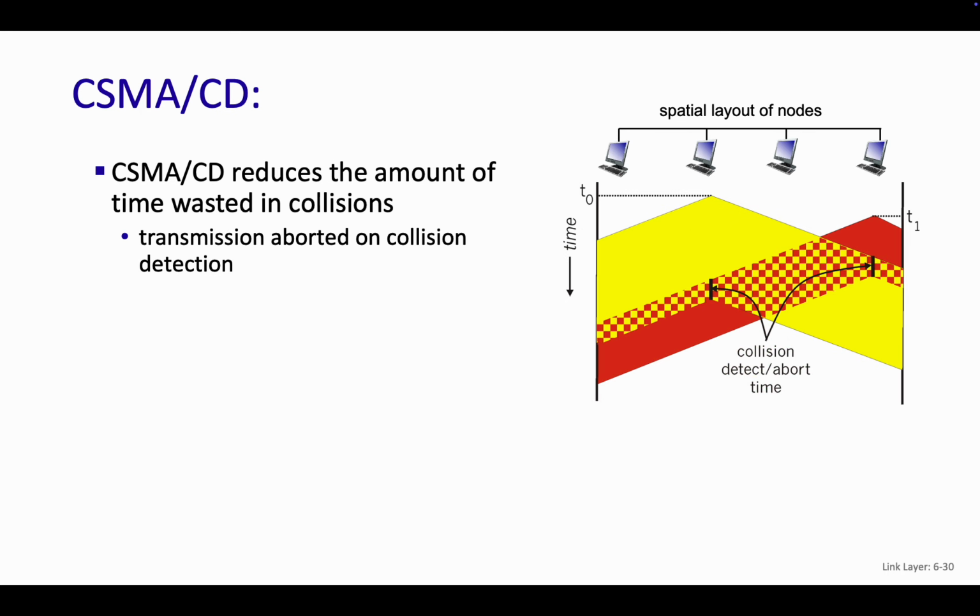Some instances, like Ethernet, can detect that there's a collision happening, because Ethernet can be sending and receiving at the same time. So if I'm sending and then all of a sudden I get something on my line, like, wait, that means there's a collision somewhere, then it can abort early. Say, oh, okay, well, there's a collision. Why even am I still talking? Because it's going to collide. I'll just stop right now and just restart. And so that saves time.